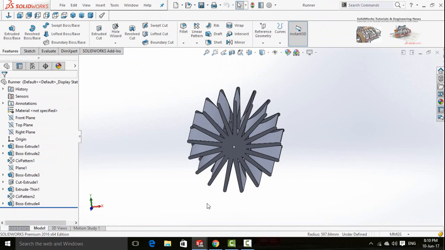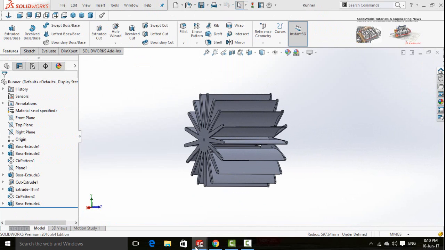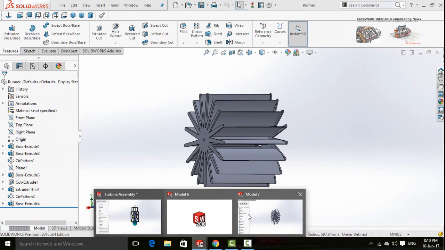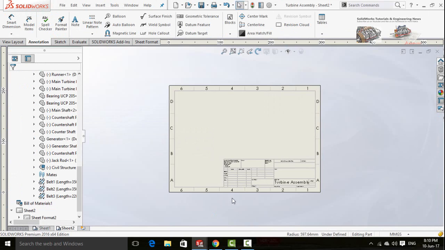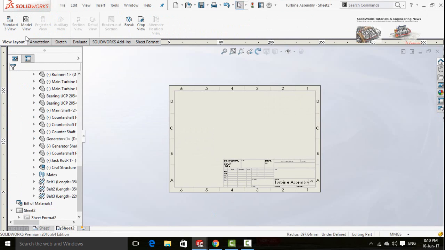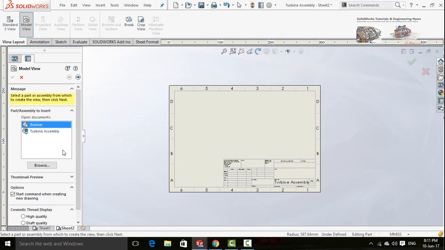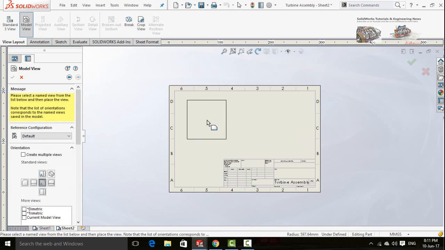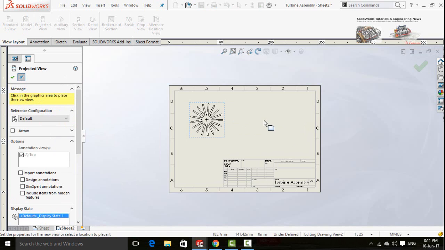Now go to Drawings model. In the View Layout tab, select Model View and then double click on the runner and import it in the drawing sheet.